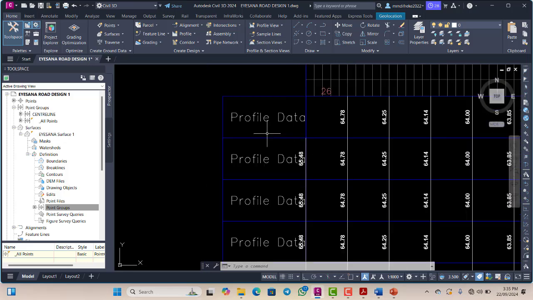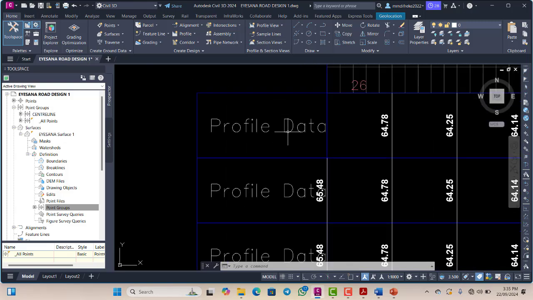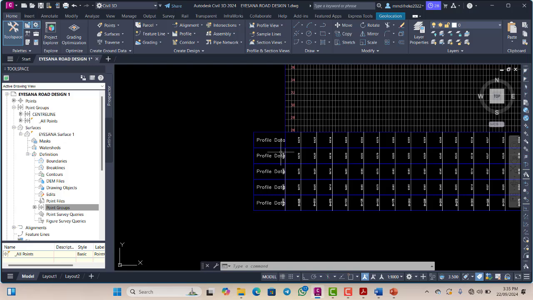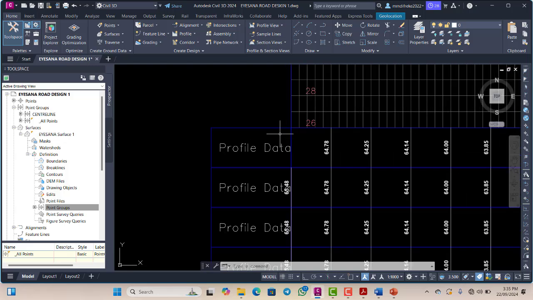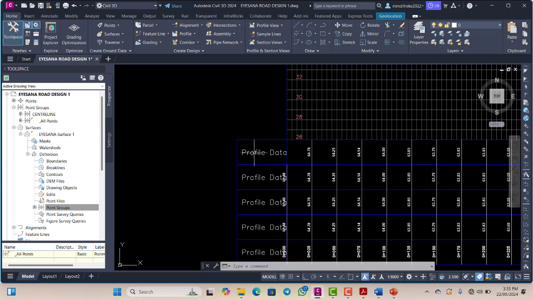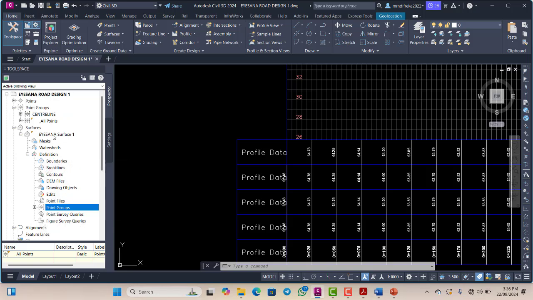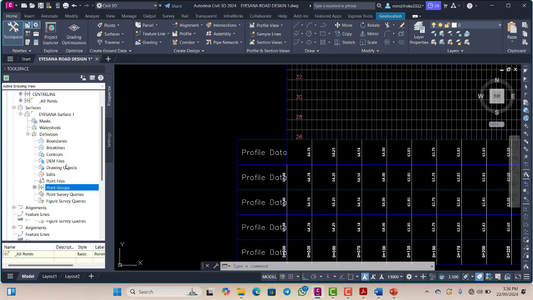So we want to edit, so the name will appear here. So for us to do that, the first thing I will do here is I'm going to rename the